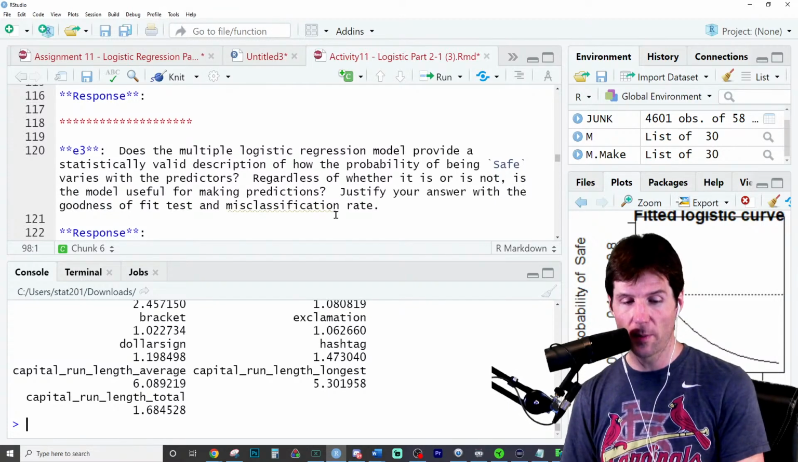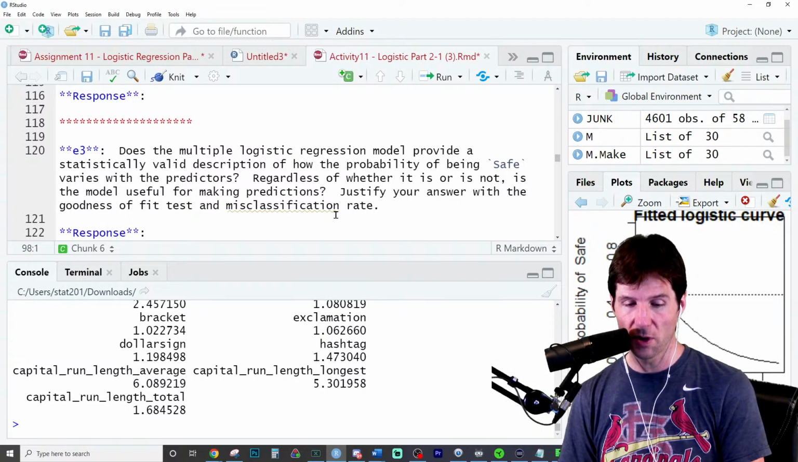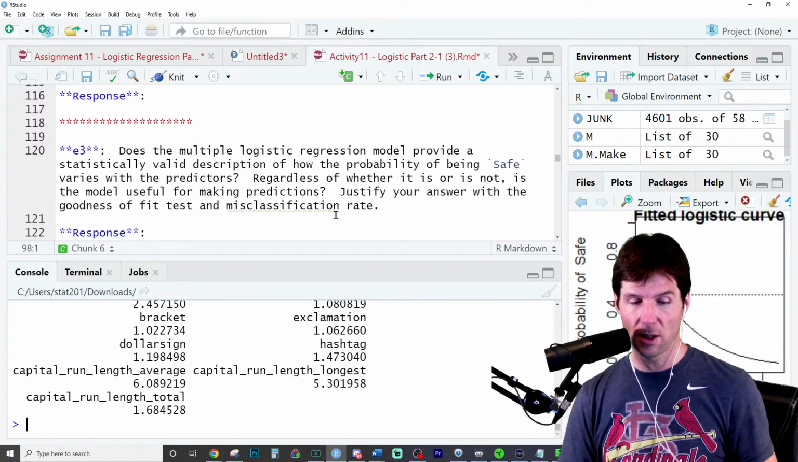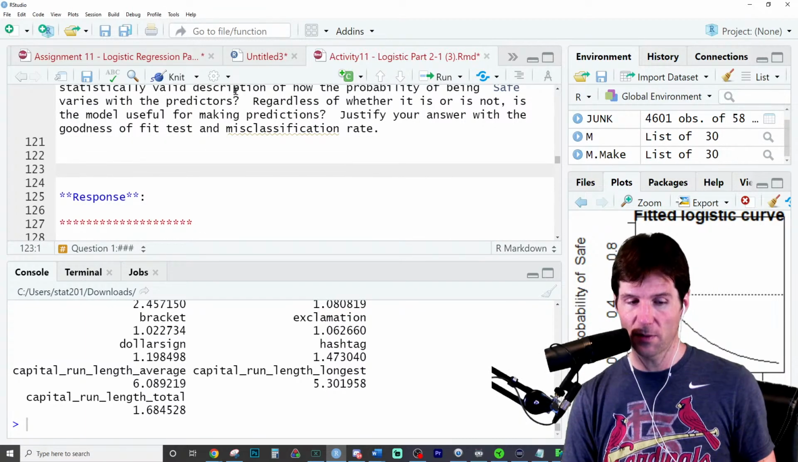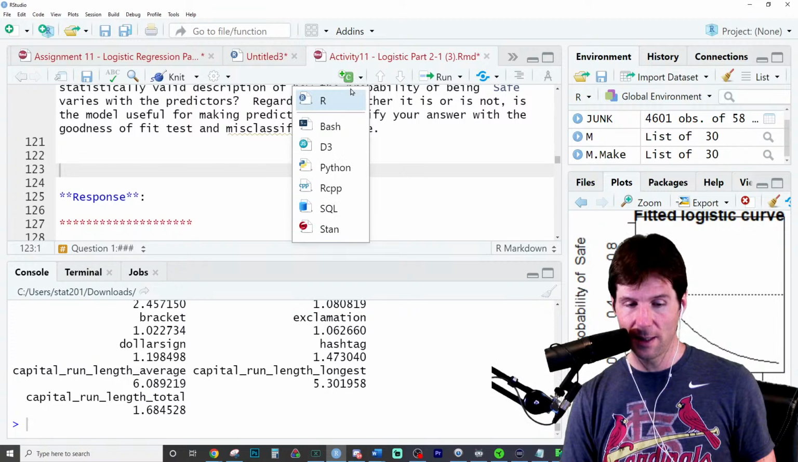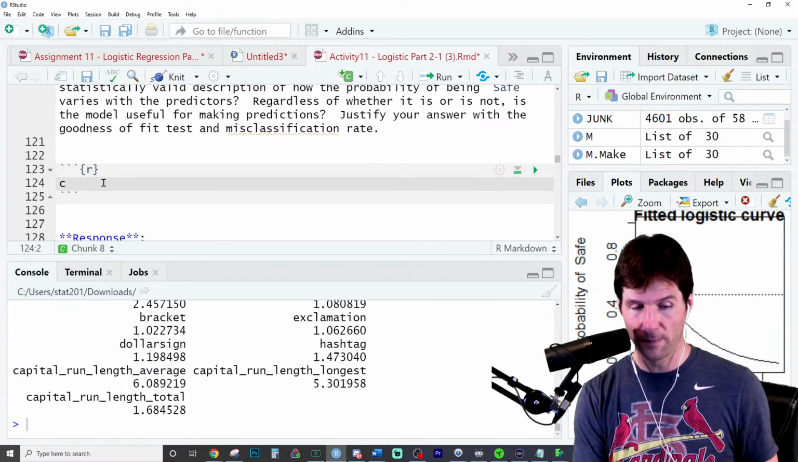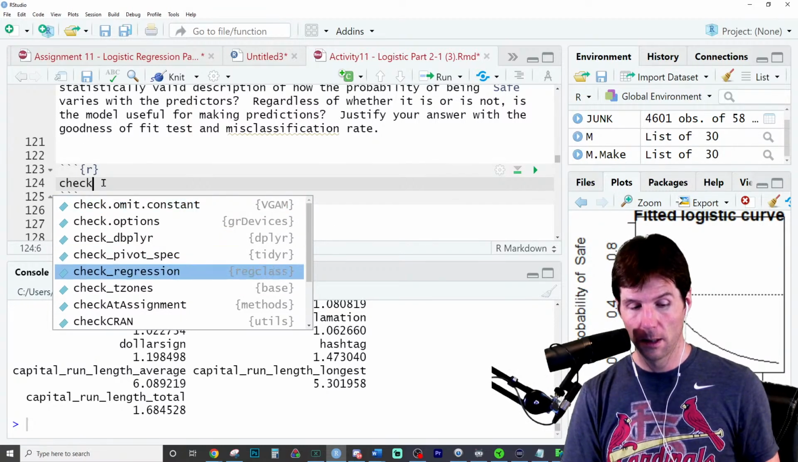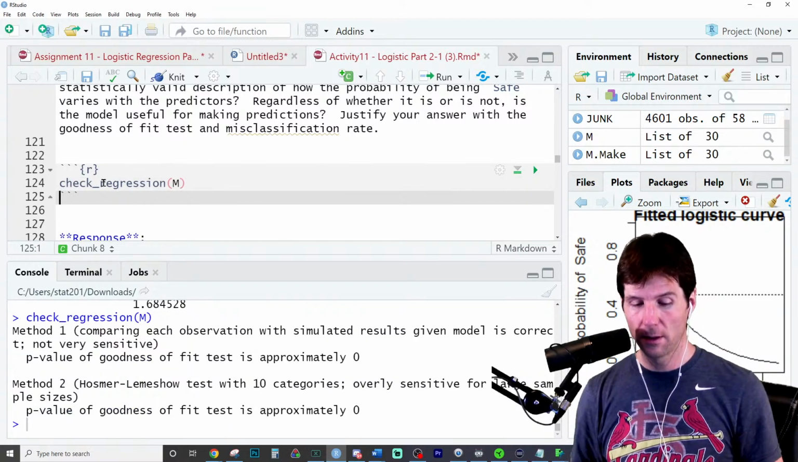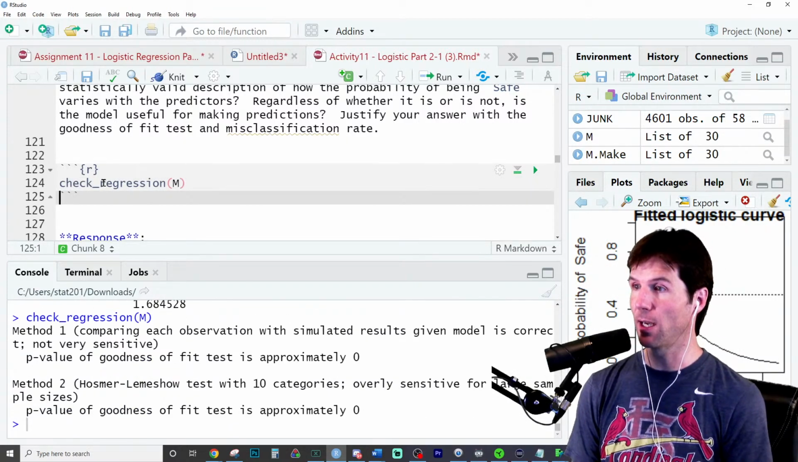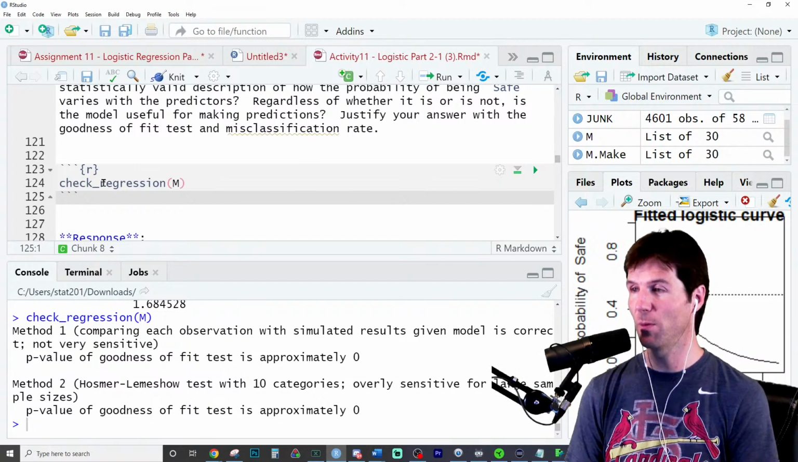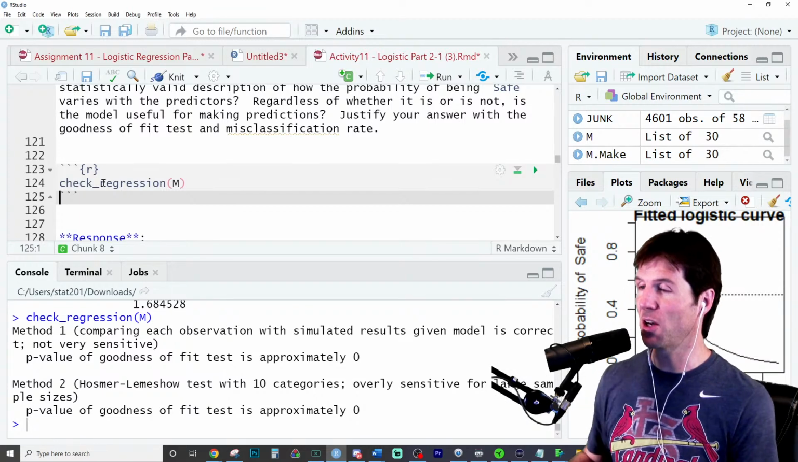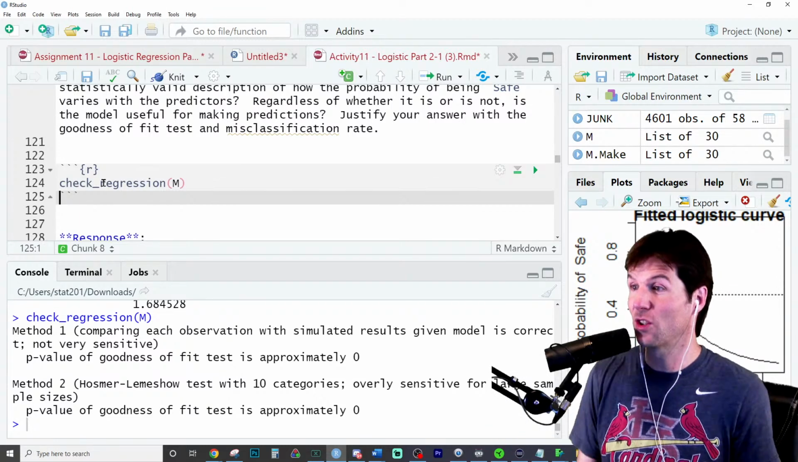Does the multiple logistic model provide a statistically valid description of how the probability of being safe varies with the predictors? Regardless of whether it is or not, justify your answer with the goodness of fit test and with the misclassification. So we did the misclassification rate earlier, but we just need to know this about the check regression. Yes or no in the chat. Does this model provide a reasonable reflection of reality right now? We can still use it either which way. It's not good if we answer this, though. It's not a good thing for the model. We can still use it, but